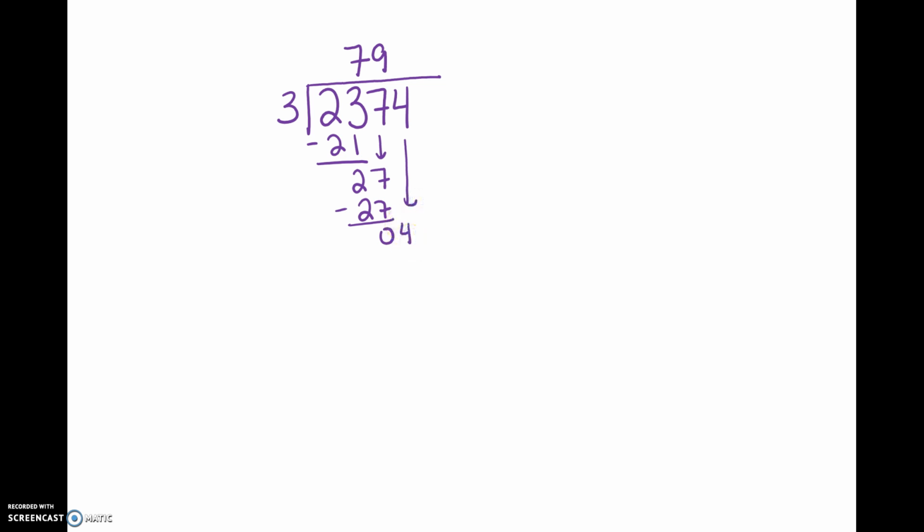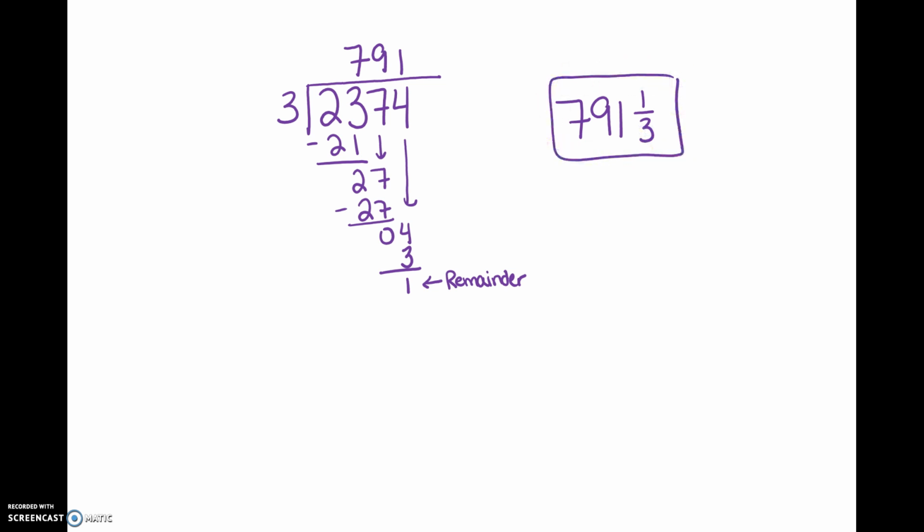Drop down your 4. How many times does 3 go into 4? Once. 1 times 3 is 3. We end up with 1. This is called a remainder. And your final answer would be 791 and 1/3. I think in elementary school you write like remainder 1, but it's 1 remainder out of 3,